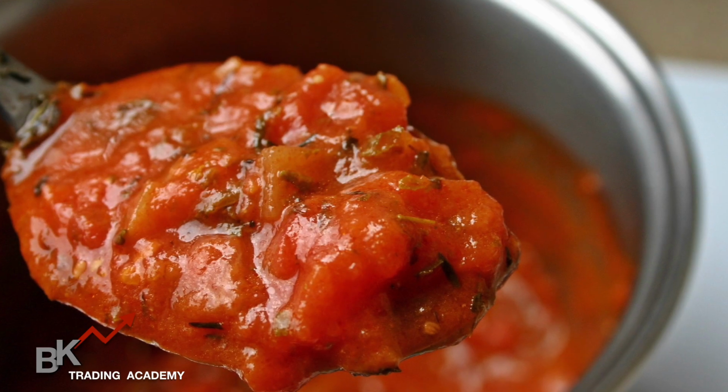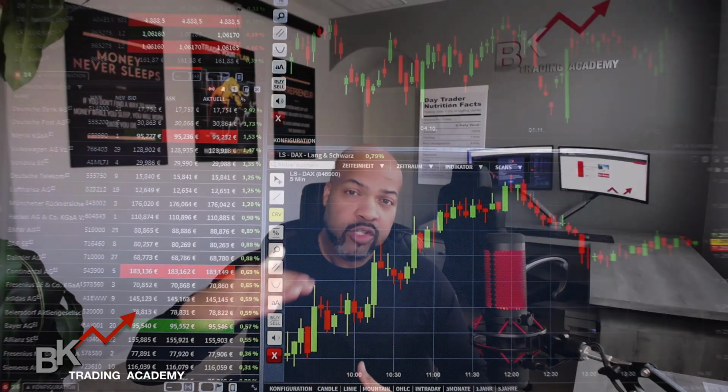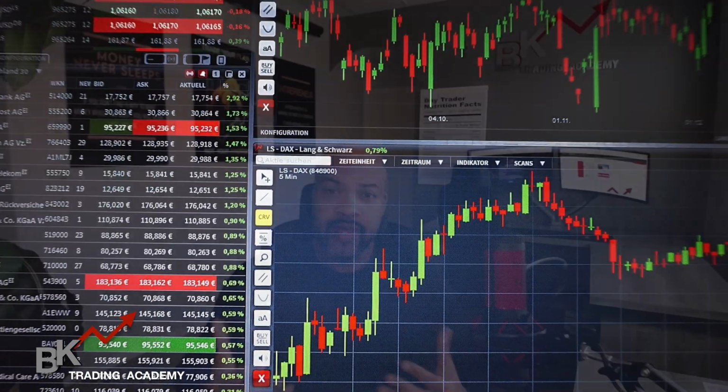One of my favorites. This is probably one of the secret sauces, one of the ingredients that we like to use when we're trading. That's kind of a horrible analogy, but top-down analysis is a very popular trading strategy. Just to give you a brief overview, top-down analysis is simply when you start on the higher time frame and then drill down to the lower time frame before you make your entry or your decision to do whatever you want to do in the market. We're going to deep dive into this topic, and every time we trade, we want to do this because it will give us a big picture of what we need to do. I can't wait to get into it. Let's get